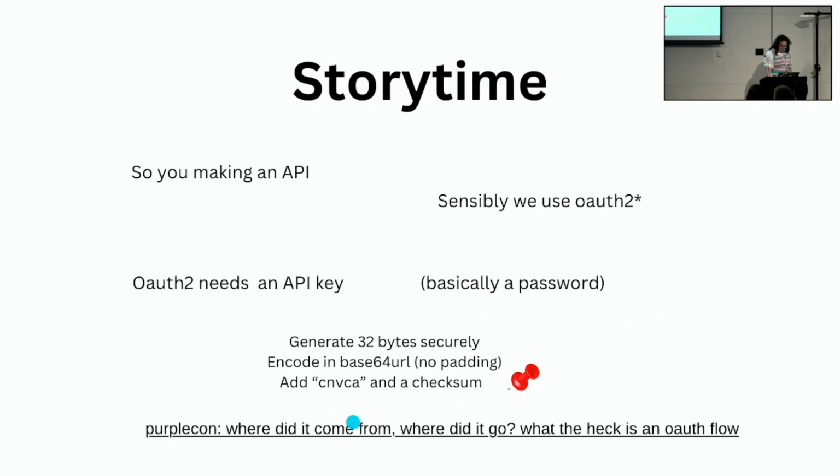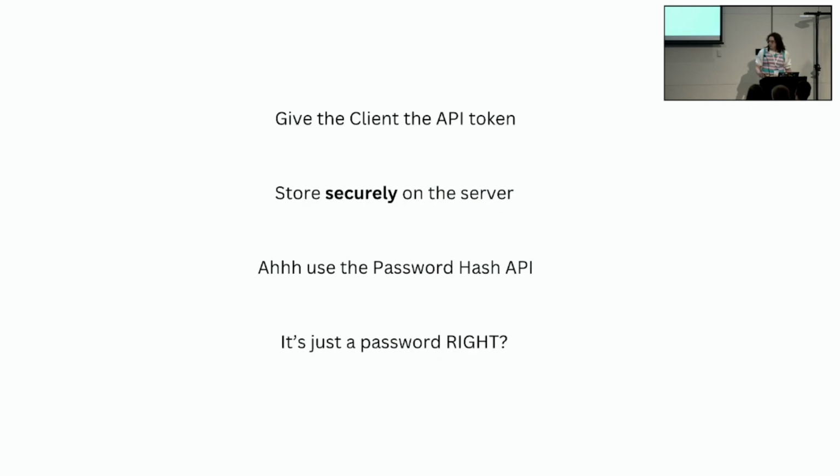I should point on the screen, that gets recorded better. If you want to learn about OAuth and you don't know it, I can recommend this PurpleCon talk by a friend of mine, who also works at Canva. I'll post the links after the talk. And